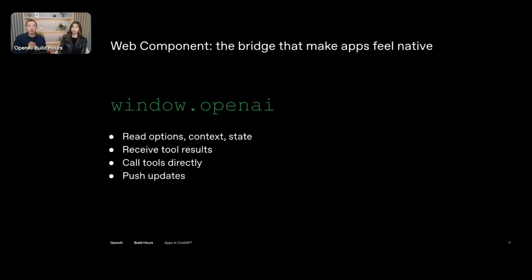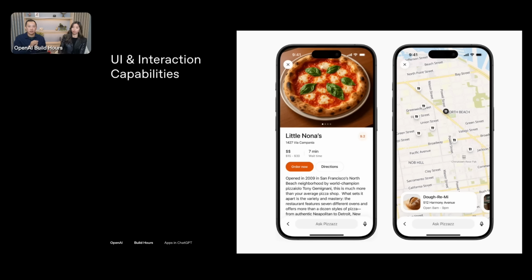And just to dive a little bit deeper on the actual web component, we've exposed the window.openai API, which allows you as a developer to have your widget template call this API and do a bunch of different things, from reacting to context, updating state, receiving the tool results to take some action, or call the tools directly to do some other operation. So I'm going to spend a few more minutes now just talking about what those capabilities are, and then we'll keep it moving.